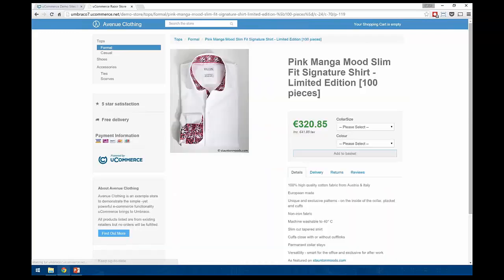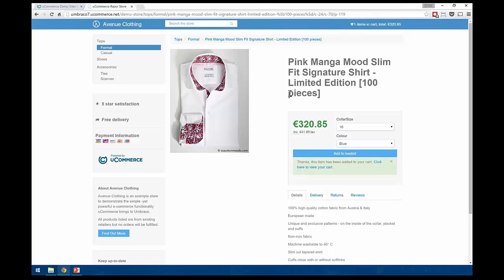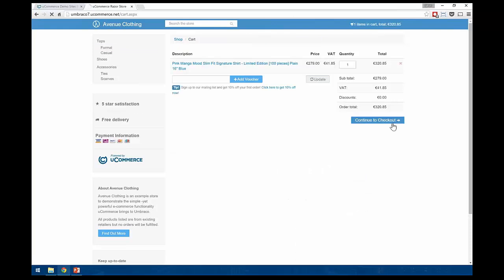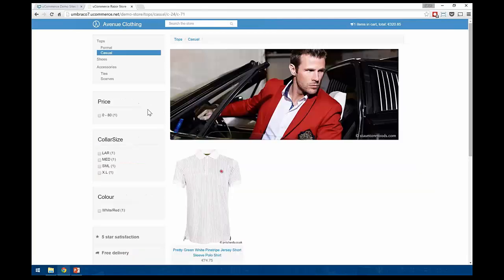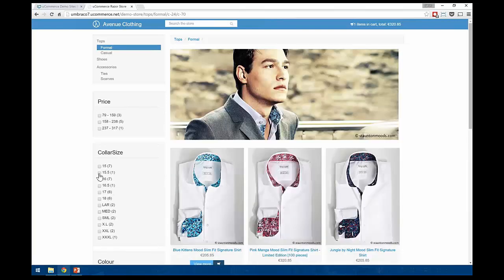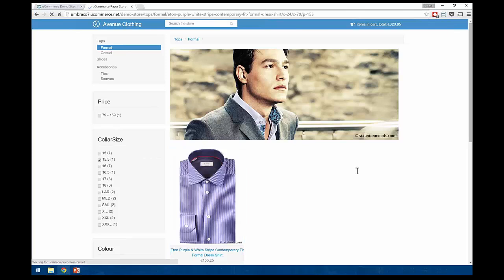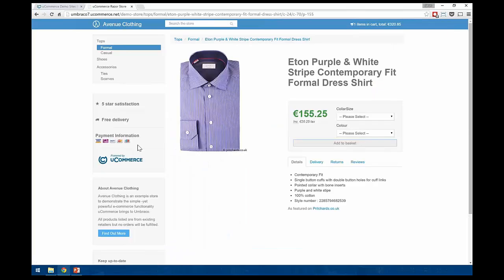The idea is that developers looking at this will get an idea of how to do common e-commerce things, right? Like adding to basket like I just did, full checkout flows, credit card payments, all that is covered by Avenue Clothing here, so you can see how everything works. We see partners using this as a foundation for building new solutions. We also see it used as a reference, so you can dive in and see how to do specific things like faceted search or just click through, search, whatever. All of that is covered.